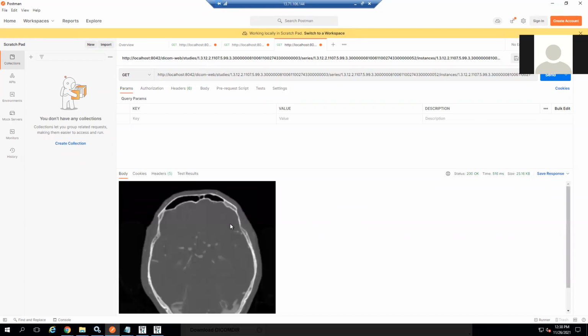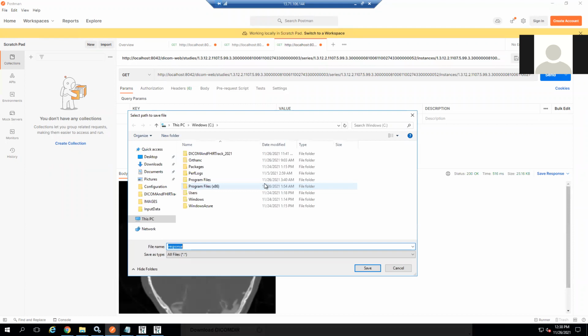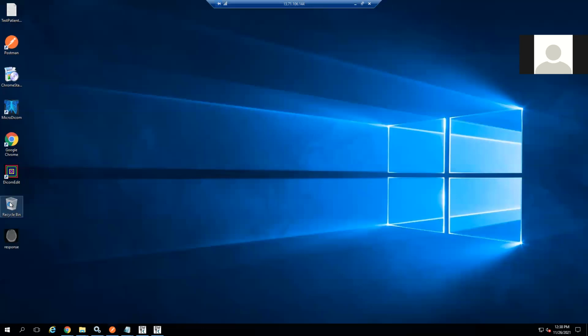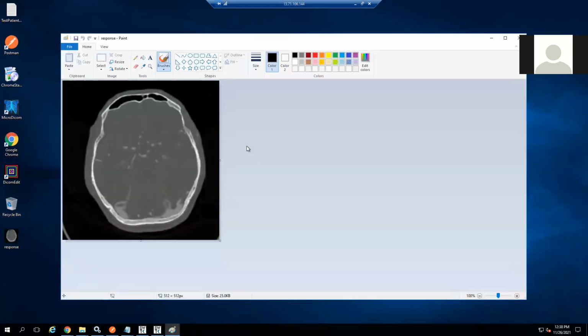So now it has retrieved the rendered image itself. If we save it, it will be a PNG file for me. This also I'll show to you. Just give me a minute. So this is just a PNG file for me, which has been stored over here.